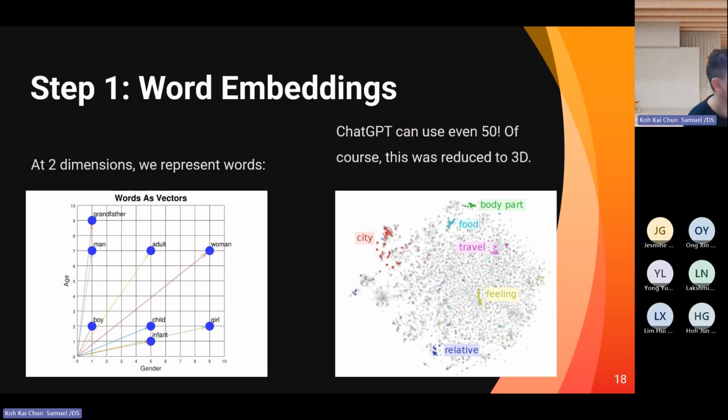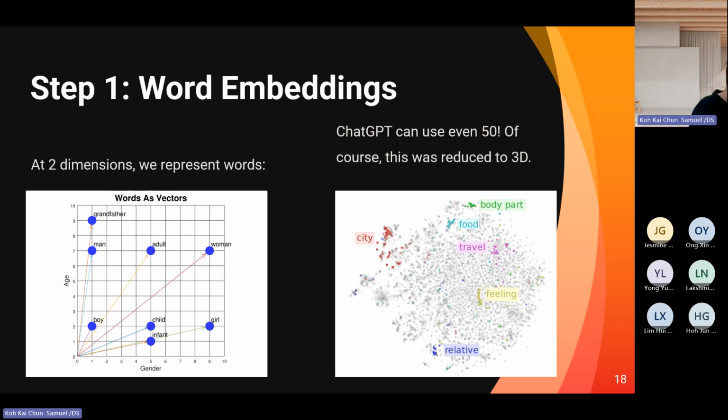So for example, I know that there can be more than 2 genders, but let's only stop at 2 genders for now, which is man and woman. Okay, let's not go into that, although we are aware that there are more than 2 genders. So men and women are 1 and 9 respectively, and hence they are put in opposites,